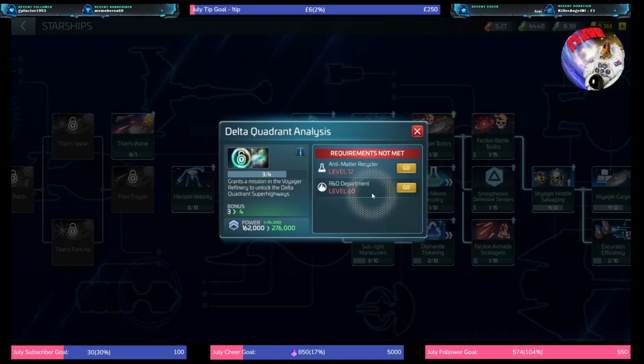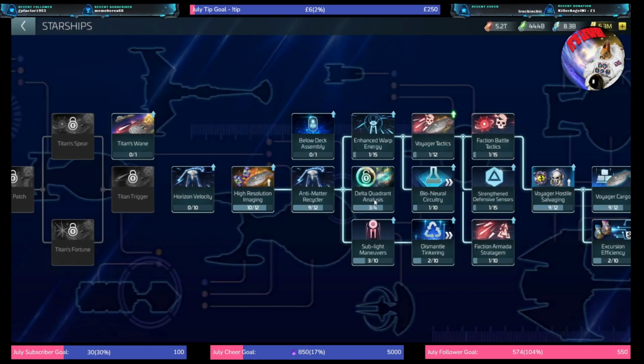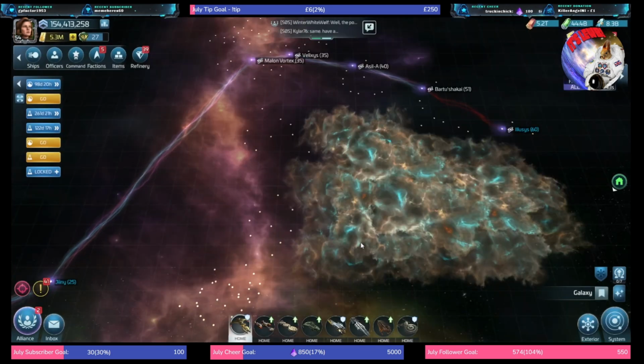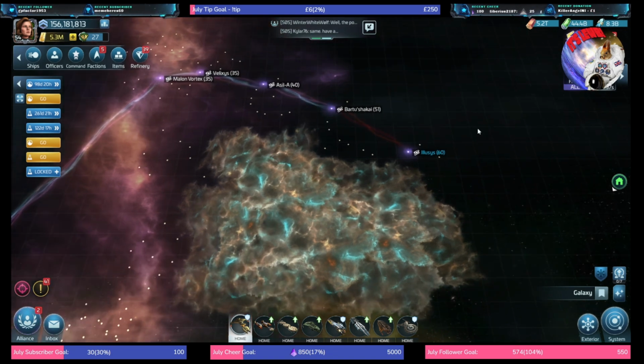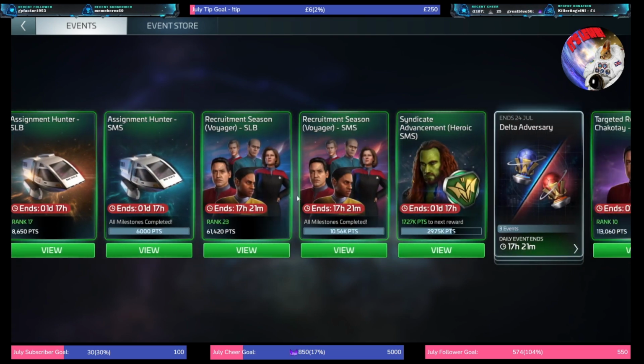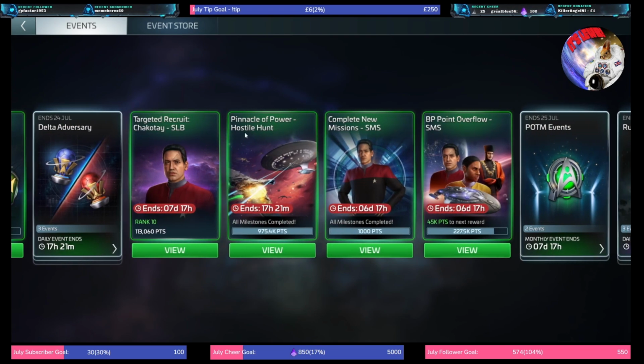So they are purely complete a research, it triggers a mission, complete the mission, that will then unlock. Very similar process with the others, however, in terms of actually unlocking them, but in order to actually attain the mission is a totally different loop. You need to complete an event which starts at Ops 51, and it is this event here, so Pinnacle of